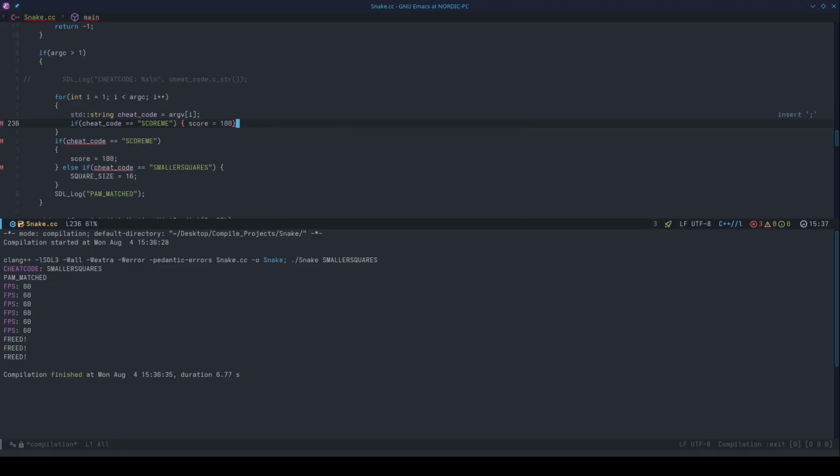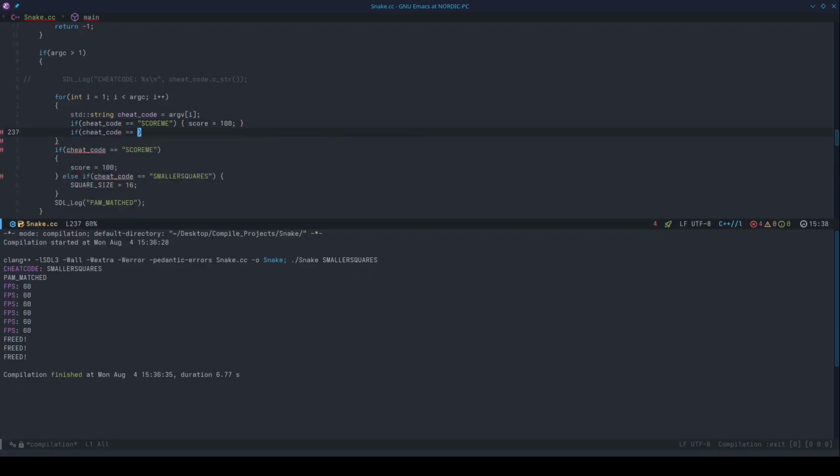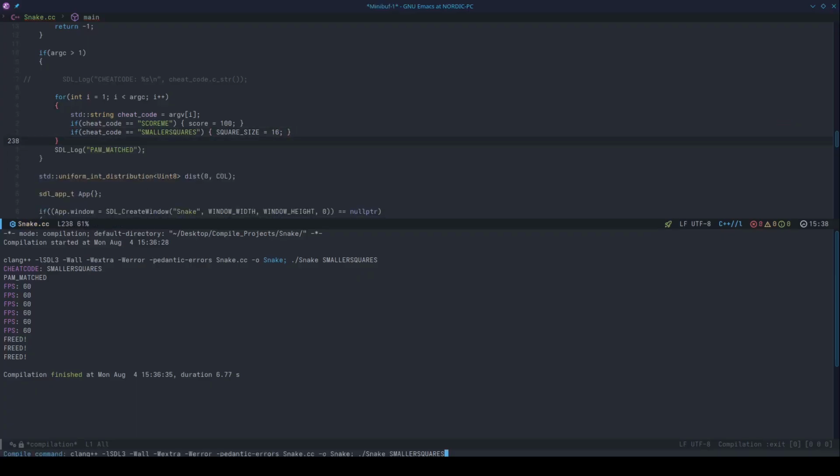score equals 100. Else if cheat code equals smaller squares, square size is 16. So then we can have smaller squares and score me,